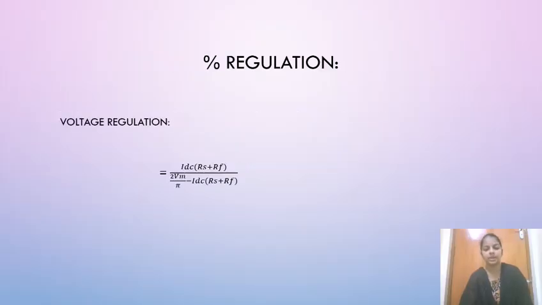Percentage regulation is IDC times Rs plus Rf, divided by 2 Vm by pi minus IDC times Rs plus